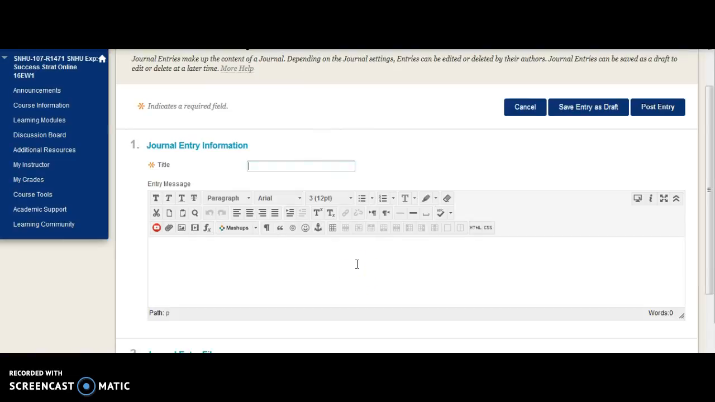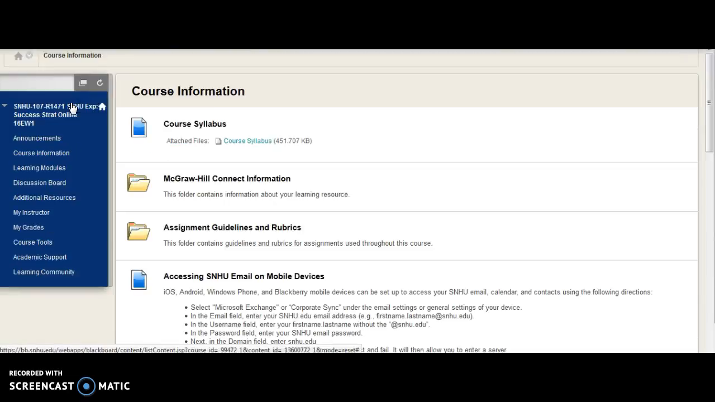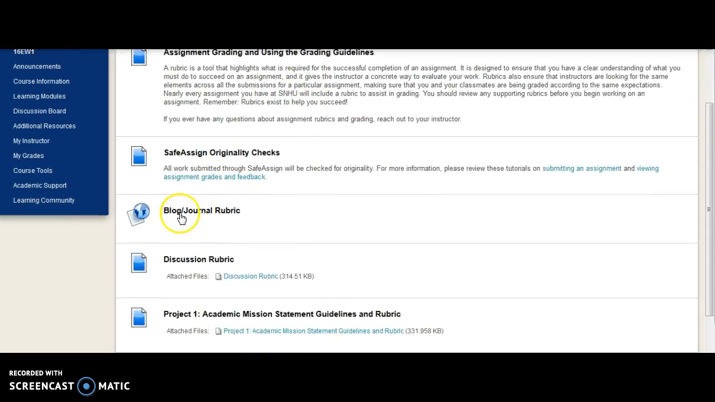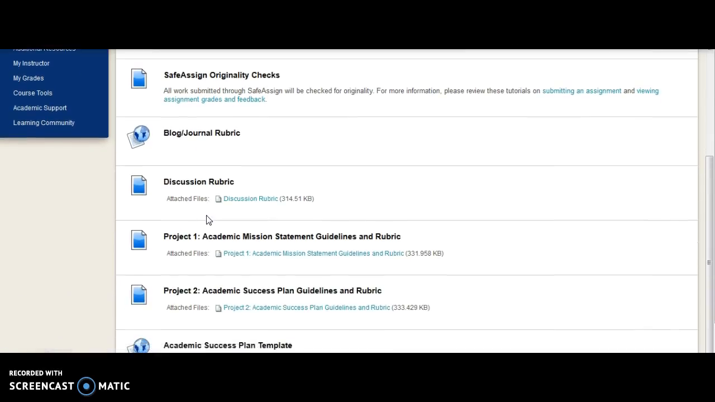But for right now, let's pop over and take a look at the rubric that you're looking at for this assignment. So we're going to find that in Course Information and in the Assignment Guidelines and Rubrics folder. So the blog or journal rubric is how we are assessing this assignment, the journal itself. So you're going to want to take a look at that. And for the journal, we are writing about the Project 2 rubric. So we're going to pop right in here